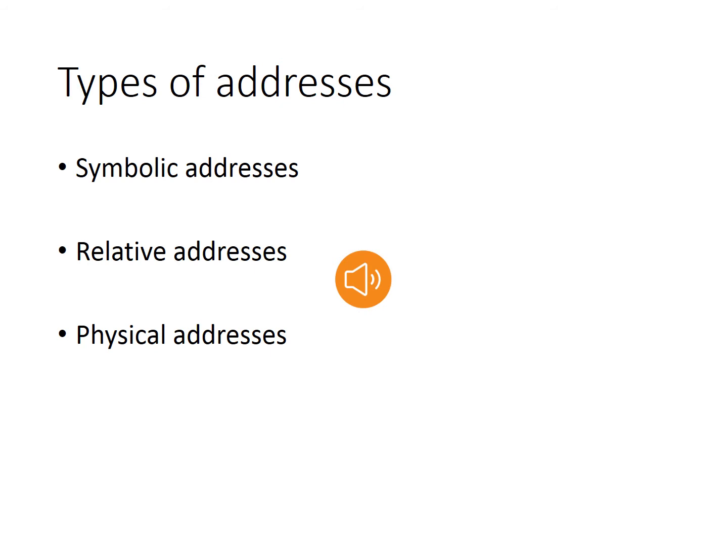There are three types of addresses used in a program before and after memory is allocated. They are symbolic addresses, relative addresses, and physical addresses. Symbolic addresses are used in source code. Variable names, constants, and instruction labels are the basic elements of the symbolic address space. Relative addresses: at the time of compilation, a compiler converts symbolic addresses into relative addresses. Physical addresses: the loader generates these addresses at the time when a program is loaded into memory.